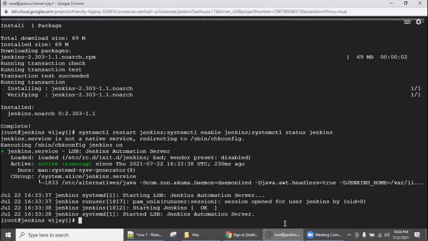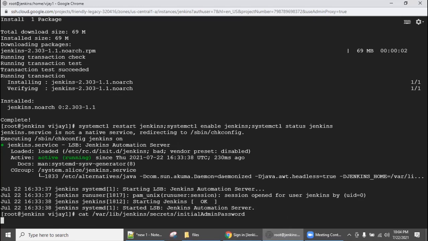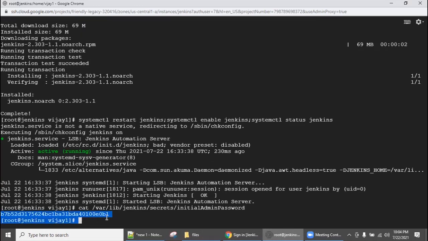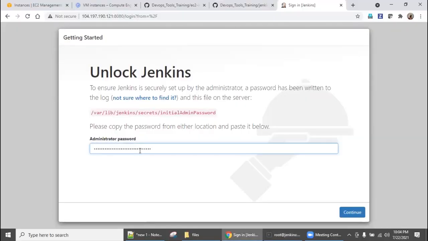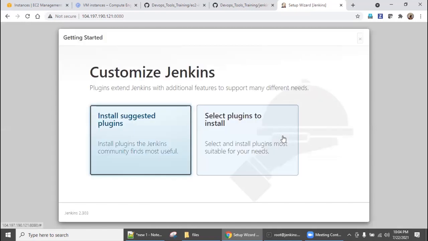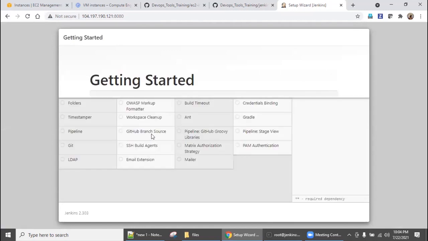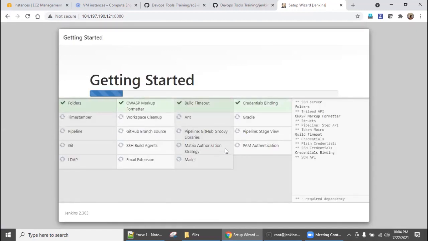So go here and cat the file, and copy the password to unlock it. I'll unlock this and say continue, and it will ask which plugins. We are going with the suggested plugins by default. By default, these will all be installed.